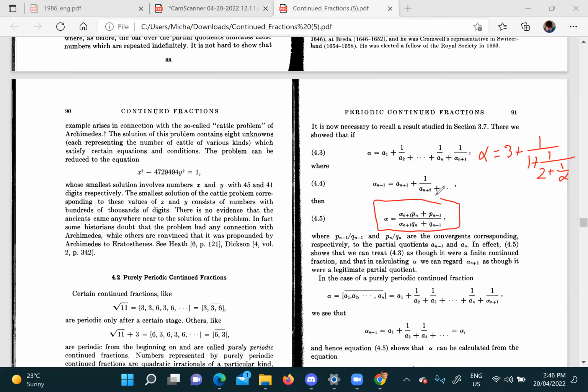Okay, so we indeed had this from earlier. As far as we're concerned right now, we're assuming this. If you want to know why that's true, we'll have to look at a previous lecture. They explain it a little bit more. But in the case of a purely periodic continued fraction, we see that